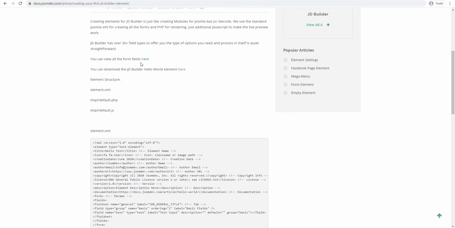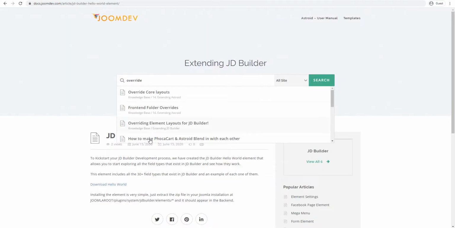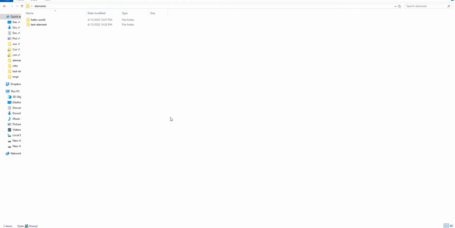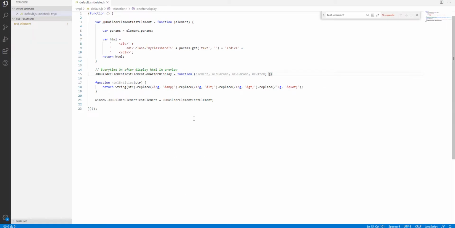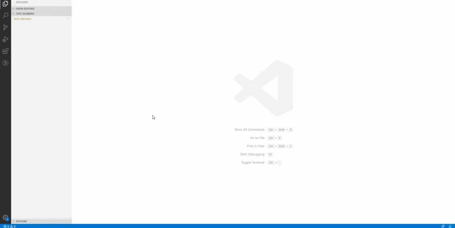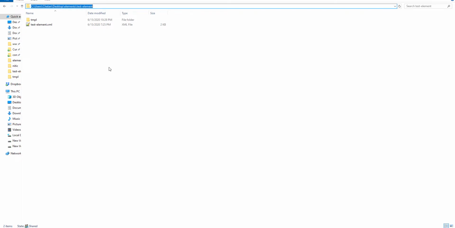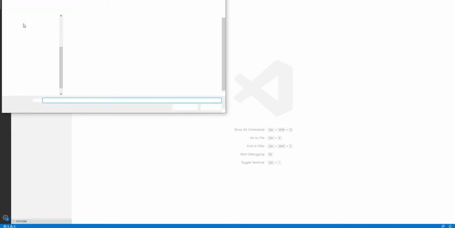And so we have some documentation here which is obviously extending, but to install an element, really you can download the hello world element and paste it in the following directory and start playing, which we'll do in a minute here. So I have here a test element that I just created a few minutes ago. And first of all, we'll go through the code of it. So let me go ahead and delete this, and this one is gone. All right, so I'll open this folder up